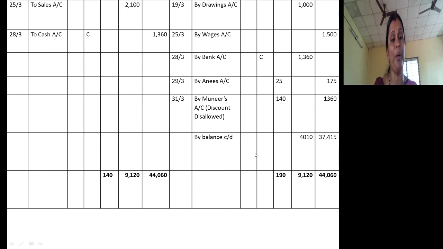Next time when you reopen, means next month when you reopen this cash book, it will appear as two balances brought down on the debit side, both in the cash as well as in the bank column. That's all. We'll see remaining aspects in the next session. Till then, take care.